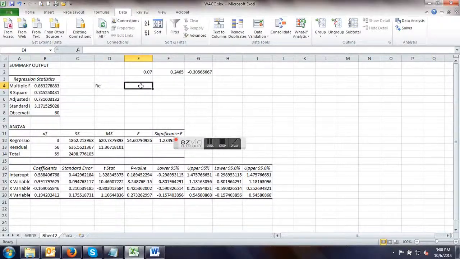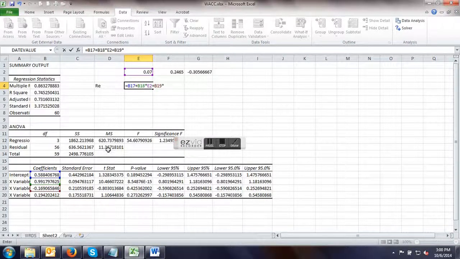We just apply the equation with the averages. So it's equal to the intercept plus the first coefficient times the average of that value plus the second coefficient times the average of that value plus the third coefficient times the average of that value,